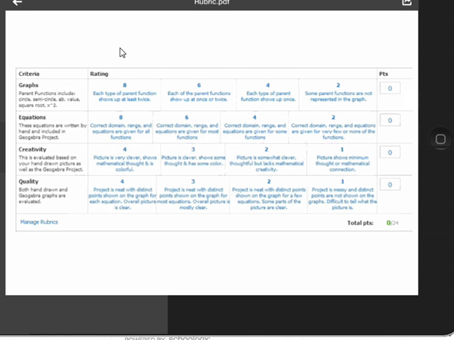Okay. Anyway, here's a list of all the parent functions, including circle, semicircle. I'll show you more about how to type the equation in for that later. Absolute value, square root, and x squared. All right, you have to have 2 each of those. All right, now there are some tremendous opportunities